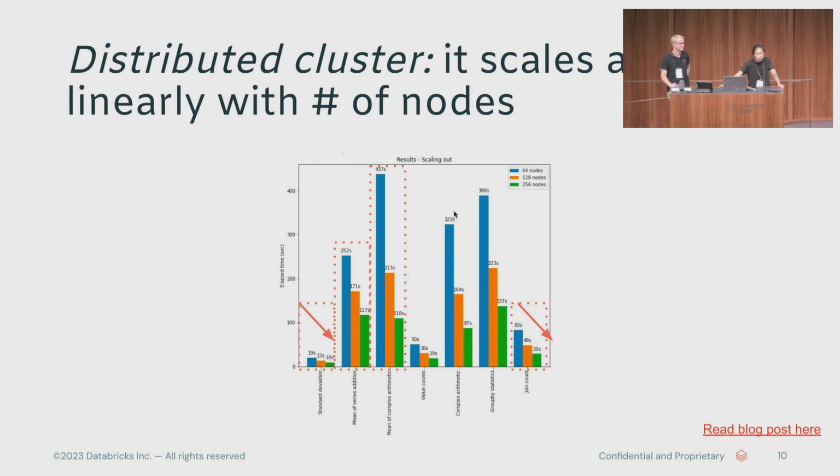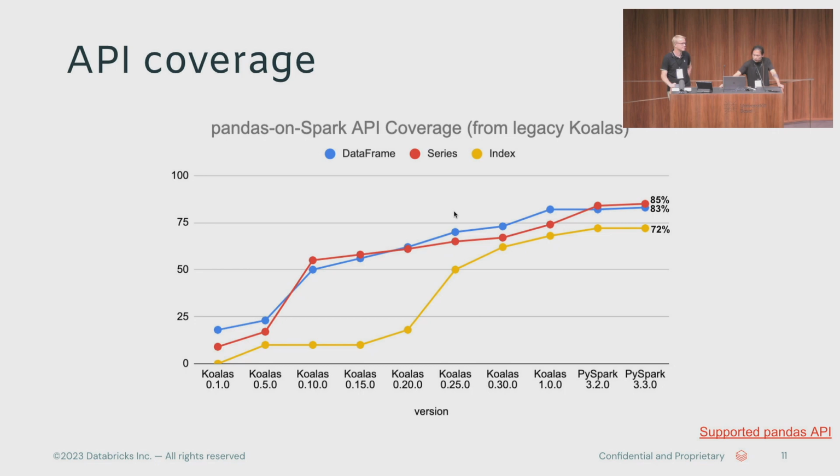When the number of nodes grows, the performance improvement is linearly growing too. And then the API coverage is also pretty high, around 81%. But it will never reach 100% because there are some APIs that don't make sense in distributed computing. For instance, there's a memory info API, but since Spark is lazy execution, you operate something, but nothing actually happens within your memory. So this kind of API wouldn't be able to be implemented.